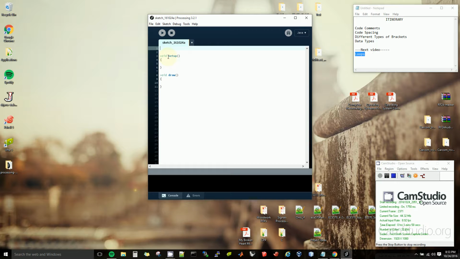Let's talk about code spacing now. Code spacing is kind of tricky when you're learning how to write programs. When you write a declaration, for instance, when you create a variable x and it's an integer, you can write this, which means the same thing as int x equals 5. So in line 2 you don't see the space between the x and the equal sign and the 5, but they mean the same. This error right here,